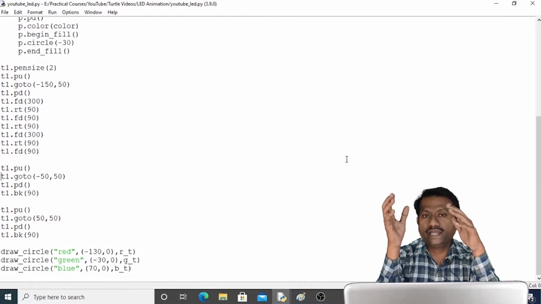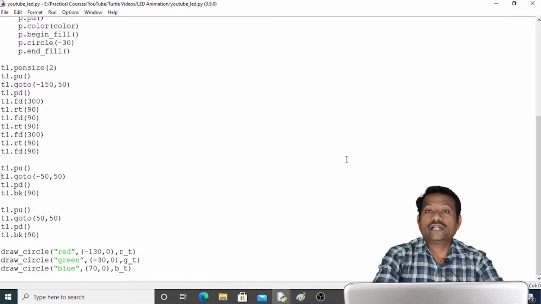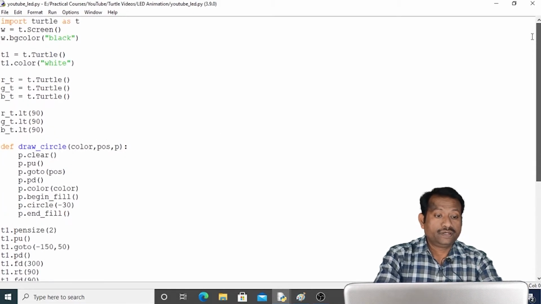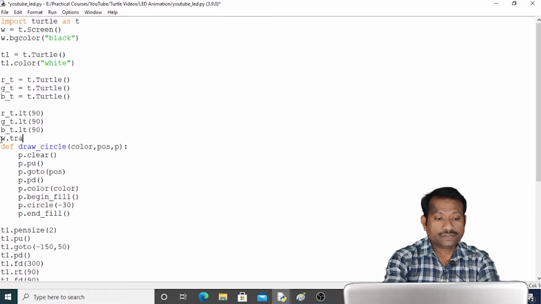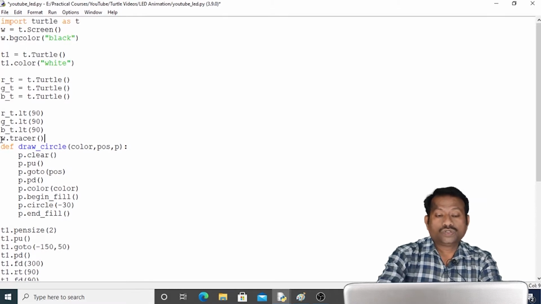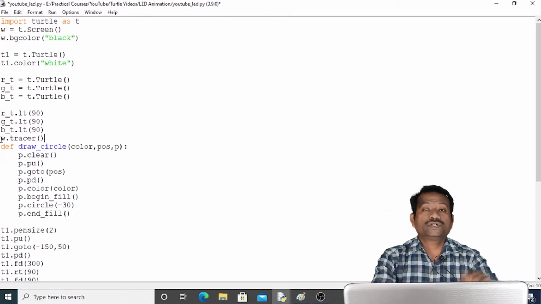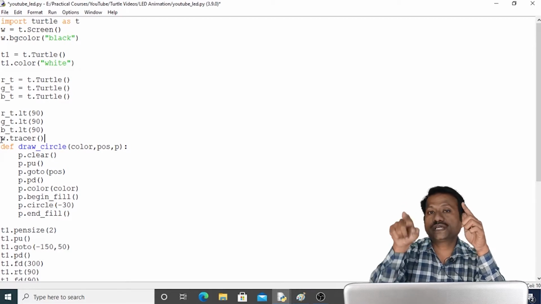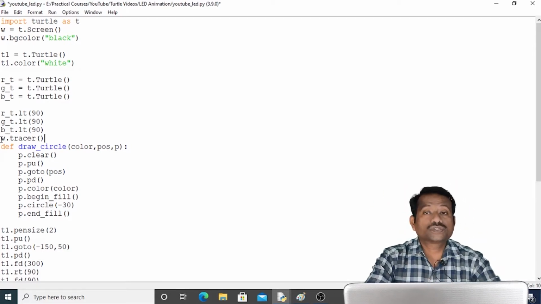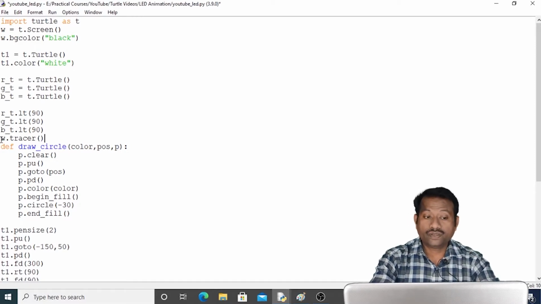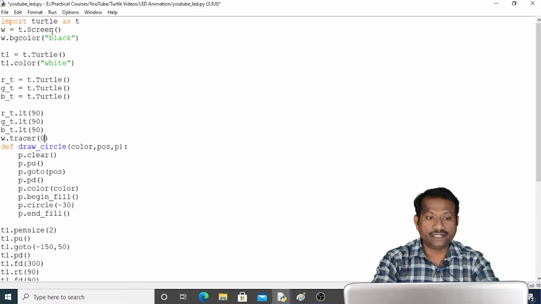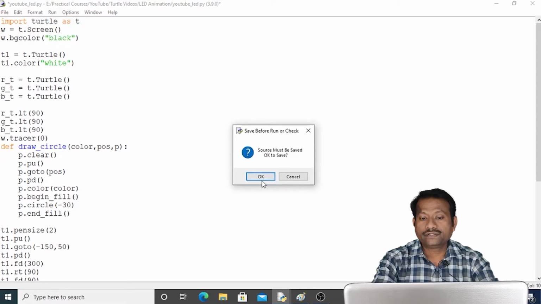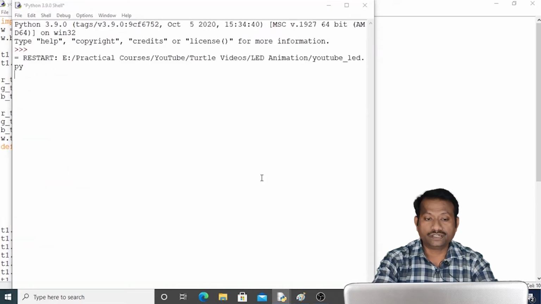Now friends, in our animation, it is taking some time to draw that animation. If you would like to make it instant, we have one command. That command is w.tracer. It will reduce the time of animation to 0. As you have seen the animation, it is taking some time to draw that particular square, rectangle and circle. Now if I use tracer command with argument 0, it will draw complete animation instantly. So let me run this code and you will find that whole animation is ready at an instant.